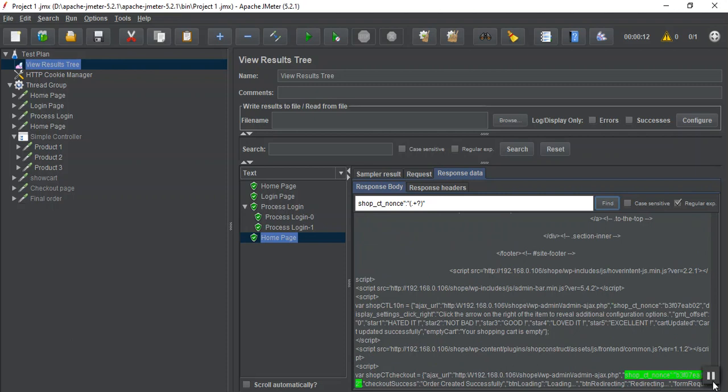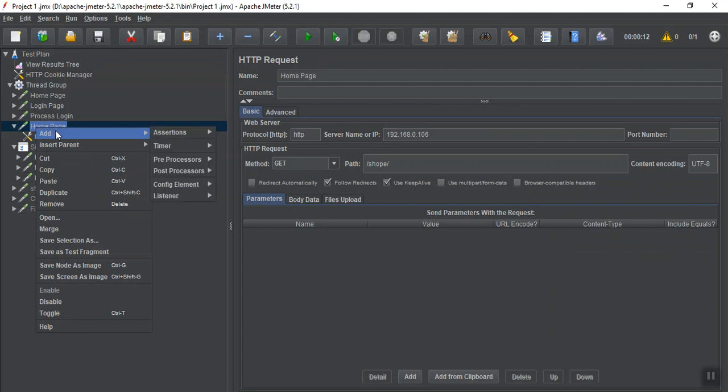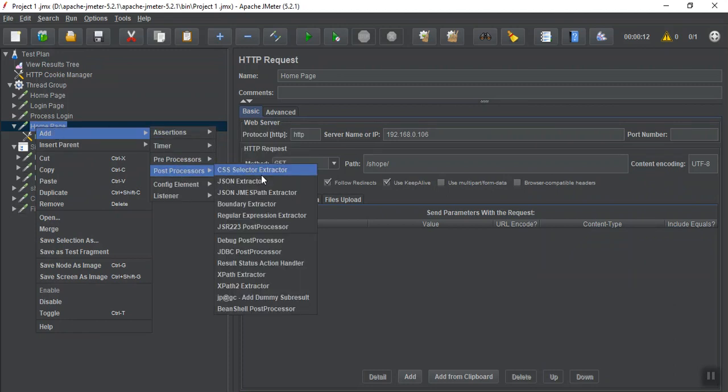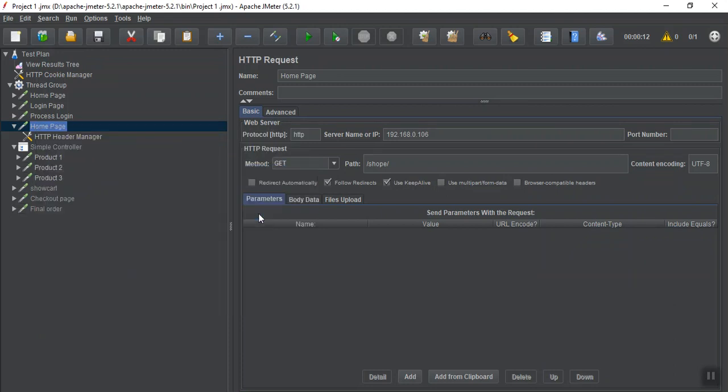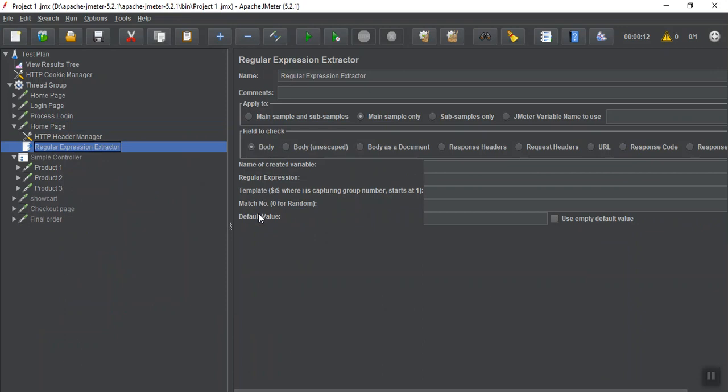Fine. Now comes the game of post processor. Go to HTTP request, click here, add new post processor, and give regular expression extractor. What is our regular expression? This. And match number is 1, so we want the first sample to be with us.